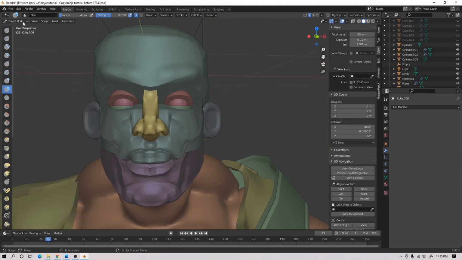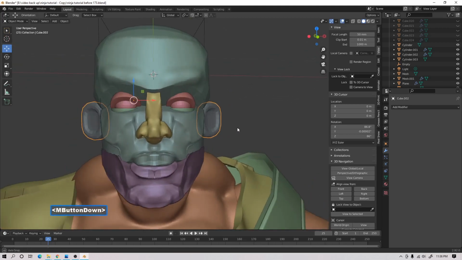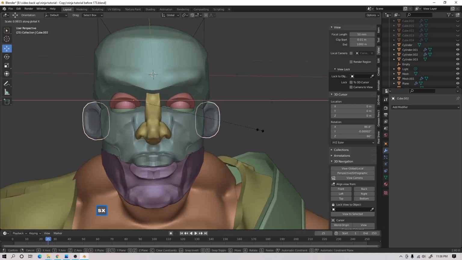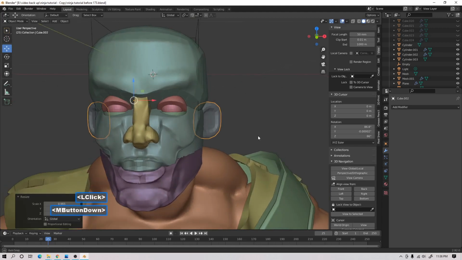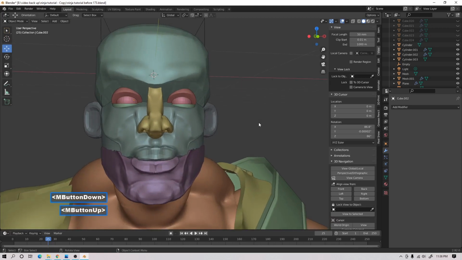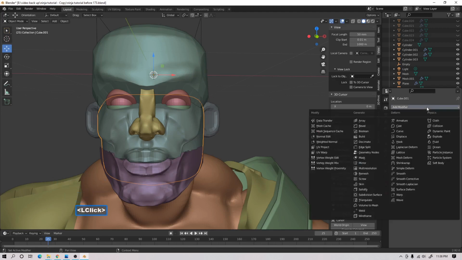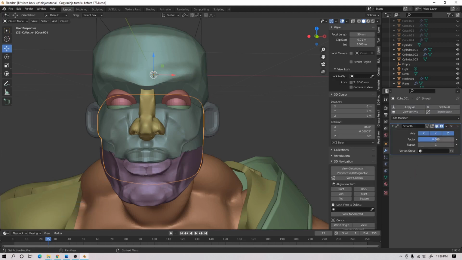Okay, what I'm going to do now is go to object mode. We're going to add some smoothing to this, and hopefully you'll see the amazing things that smoothing can actually do to make mesh look better, particularly mesh faces. So I'm going to select here, go to add modifier, select a smooth modifier, change the factor to 1, press enter, change the repeat to